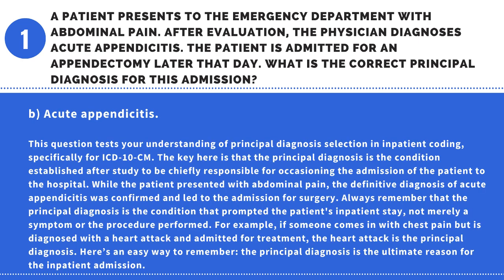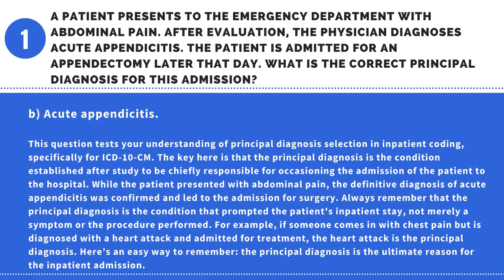Answer B. Acute appendicitis. This question tests your understanding of principal diagnosis selection in inpatient coding, specifically for ICD-10. The key here is that the principal diagnosis is the condition established after study to be chiefly responsible for occasioning the admission of the patient to the hospital. While the patient presented with abdominal pain, the definitive diagnosis of acute appendicitis was confirmed and led to the admission